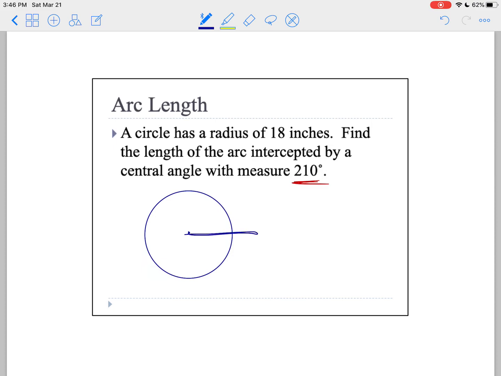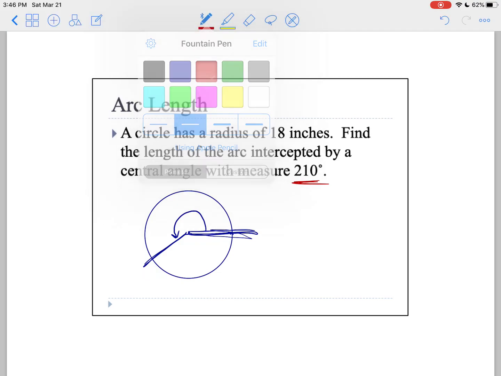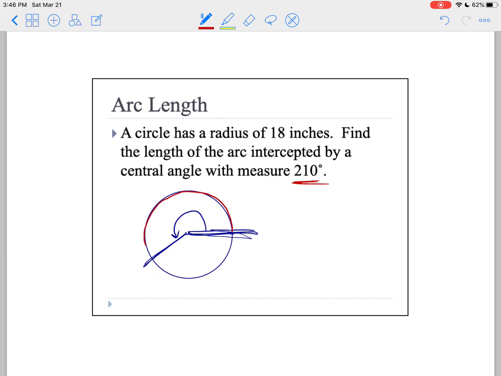So if this is the center of the circle, then my central angle, we typically start here. And 210 degrees, we know this is more than 180, so it's going to be like here. This is the angle that we're talking about. And we want to know what the arc length is. The arc length is this length right here that I just drew in red. That's the length we're trying to find, but I can't find that with a 210 degree angle. Instead, using this formula,